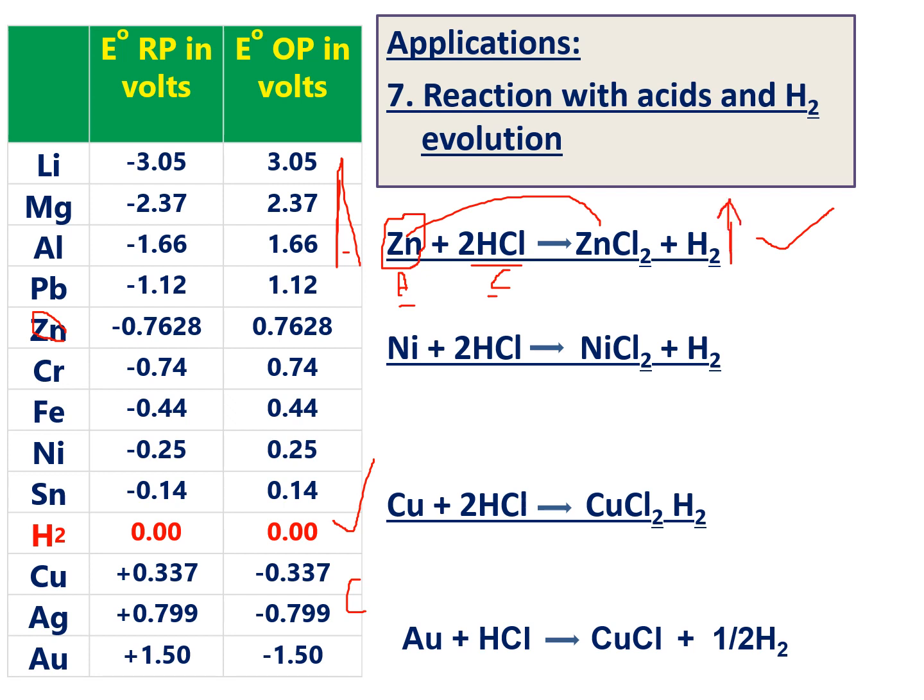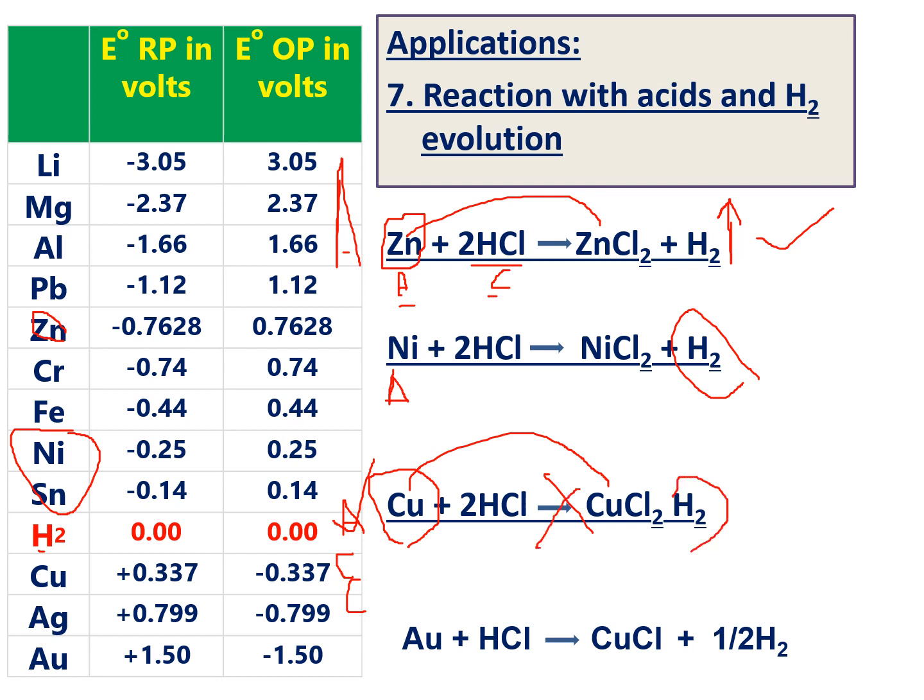Now see nickel plus HCl. Nickel is also above hydrogen, so nickel also acts as an anode, is involved in oxidation, and produces hydrogen gas. But if you see the copper metal, copper is on the bottom side of hydrogen. So hydrogen acts as anode and copper acts as cathode. Cathode means it should be involved in a reduction reaction. But here copper is converting into copper plus 2, which is an oxidation reaction. According to the series, copper should be involved in reduction, so this reaction is not possible. Copper doesn't produce hydrogen gas when dipped into HCl.